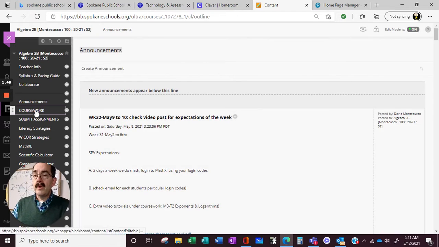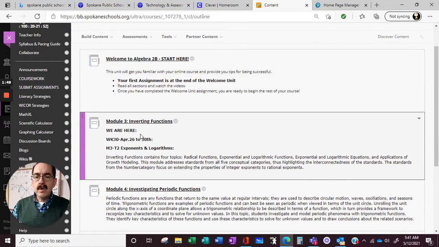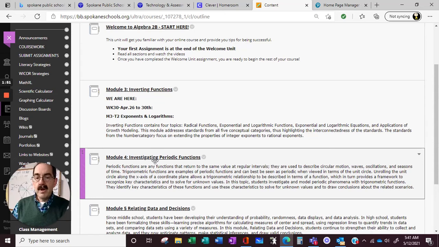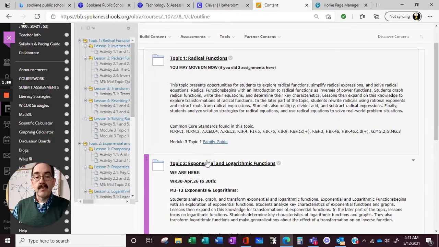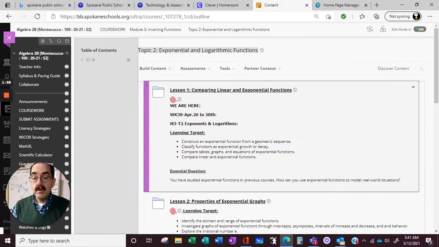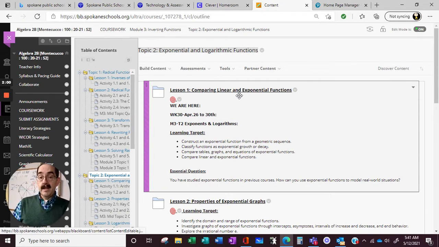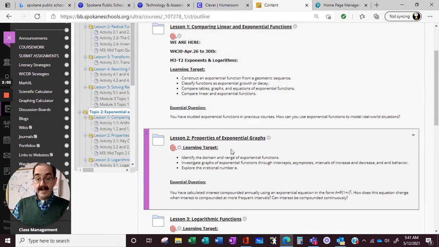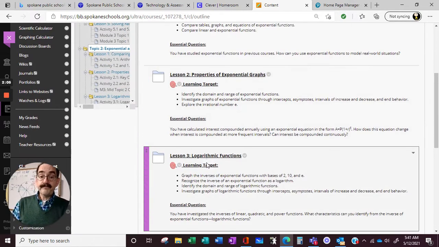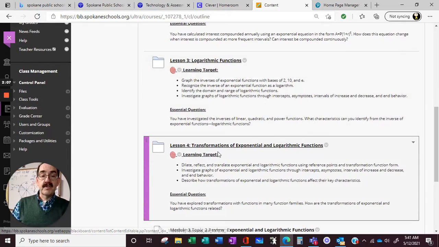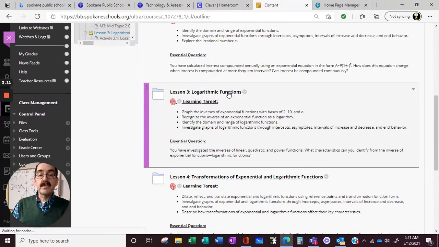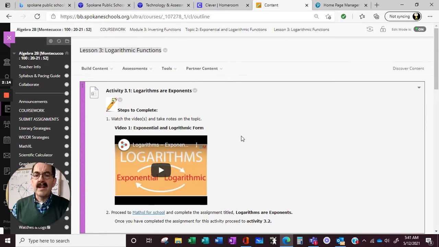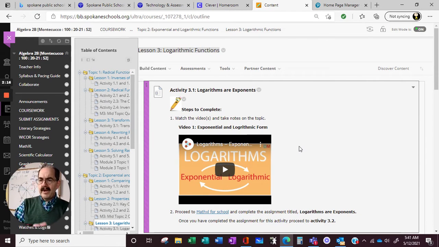So we're going to go there and check our coursework. We're not ready for periodic functions yet, so we're going to click inverting functions, and then we're in topic 2, exponents and logarithms. We did the linear and exponential, we did properties of exponents, and now we're into logarithmic functions. And the last couple of weeks we learned to translate from one form to another,